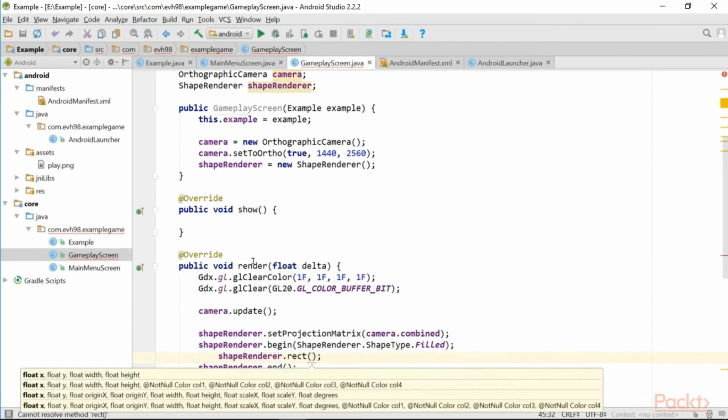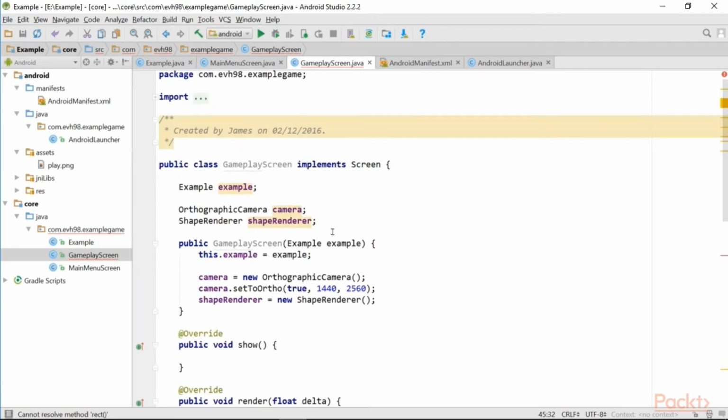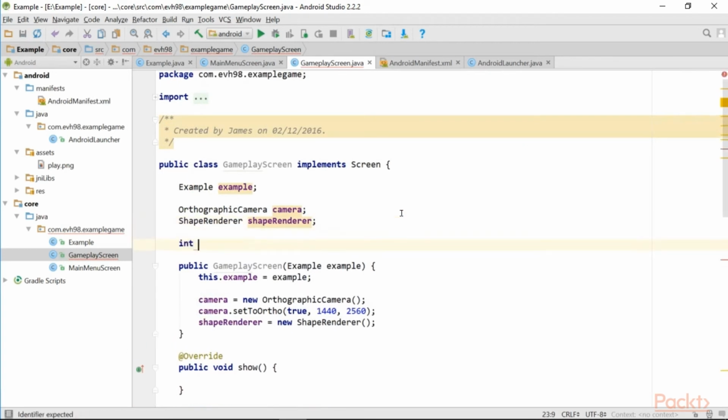And this is going to take in an X position, a Y position, and a width and a height. I'm just going to simply render it to the center of the screen, which is going to end up being half of the width subtracted by half of the width of the actual player itself. However, I'm going to actually create these variables separately in X and in Y, because we're going to be changing